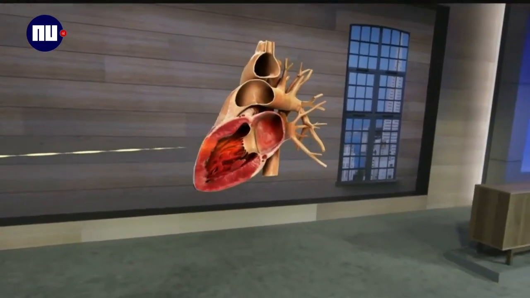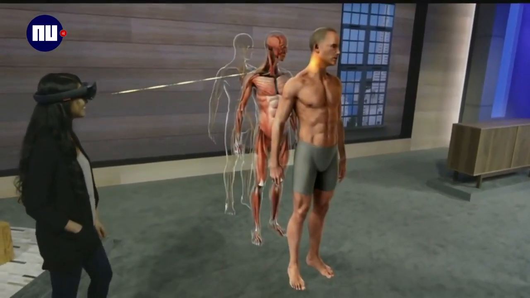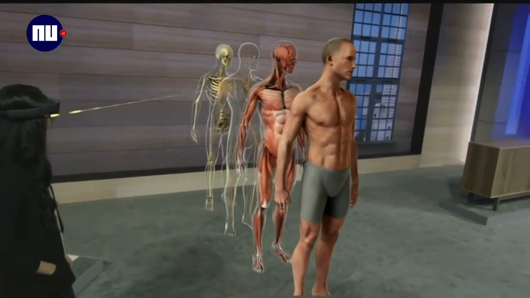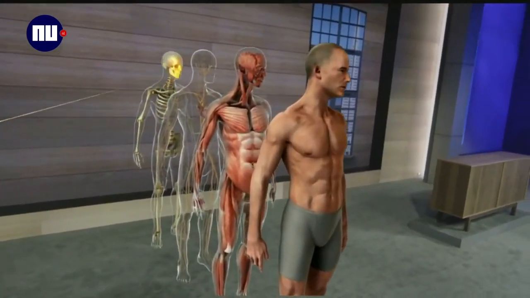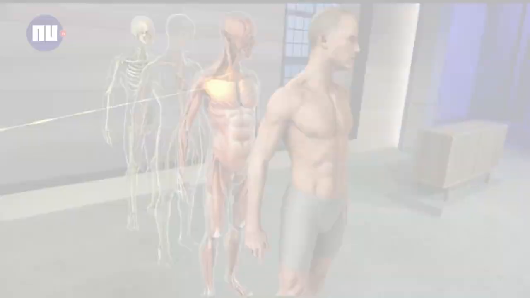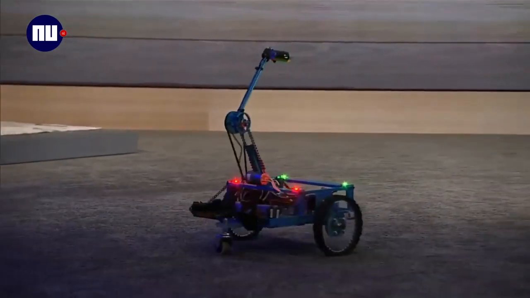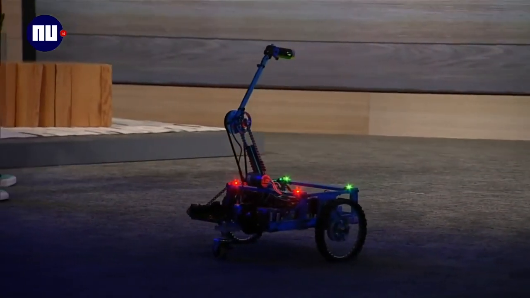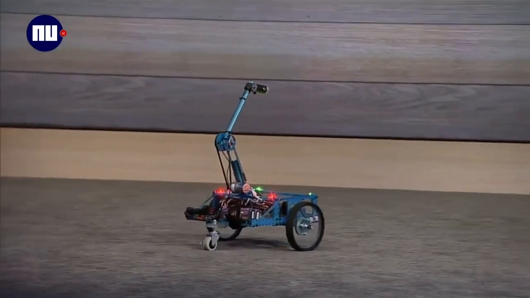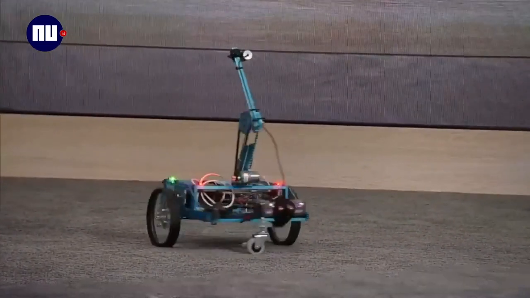Now, what you've just seen is a vision of how HoloLens could enhance one single subject. But as an educator, it's easy for me to see that it's not just anatomy that could benefit from this technology. This could change how everyone learns. Like this one, to enter robot competitions and learn about electronics. Many of them will use Raspberry Pi 2, which now supports Windows 10 IoT Core. We were inspired to see what we could do with the same hardware and HoloLens.